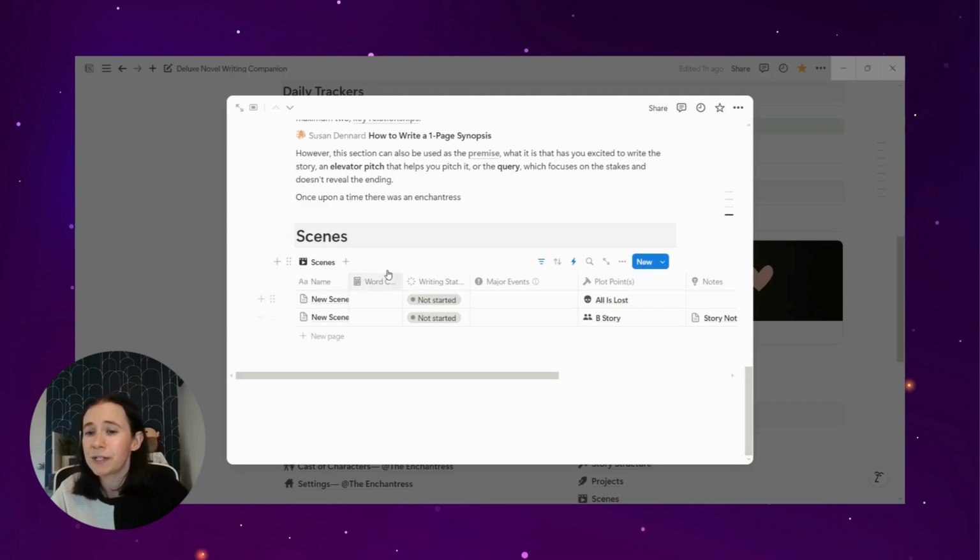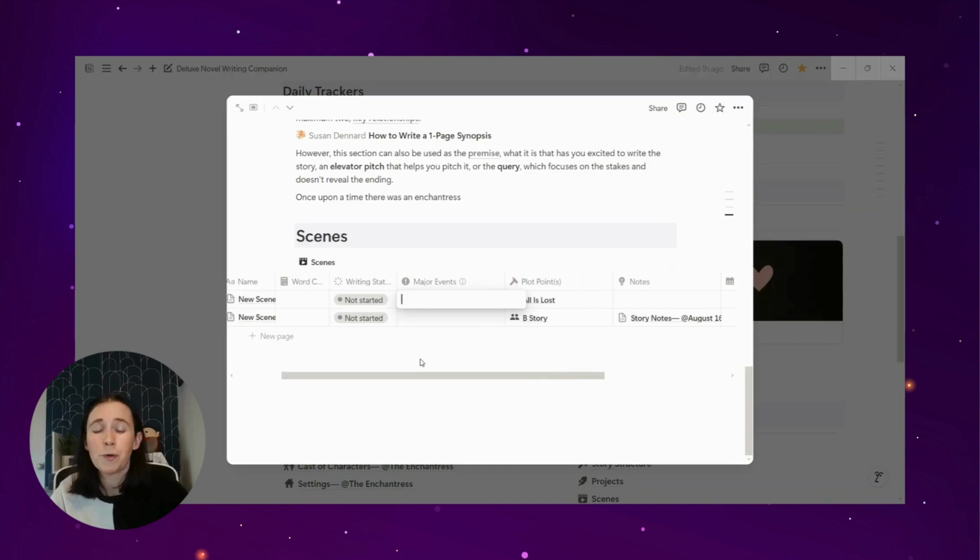Then I have the major scenes that are included with the book listed right here. One of the things you can do with these is link them to what plot point. You can go through and write up a quick summary of the major events. I find this really useful